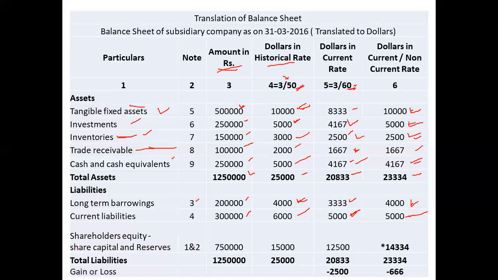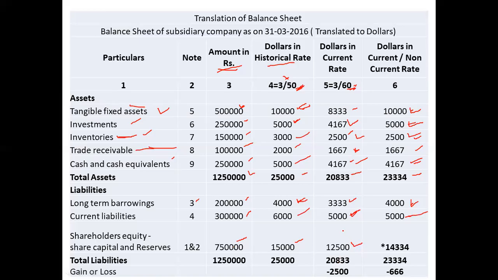In a balance sheet, they're given different values for share capital and reserves, but in conversion we have to take the value as the same share capital and reserves. So it's the total amount for share capital and reserves, 7,50,000. When you compare it to the historical rate of the dollar, 7,50,000 divided by 50 gives 15,000, and converted into dollars at the current rate, it should be 7,50,000 divided by 60,